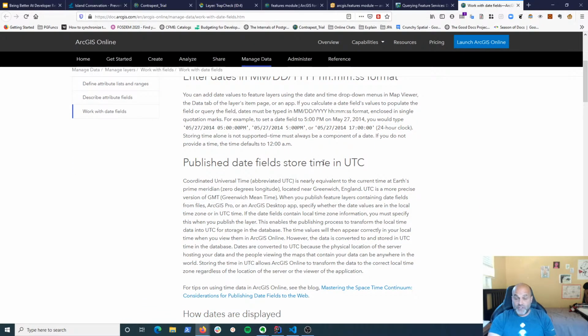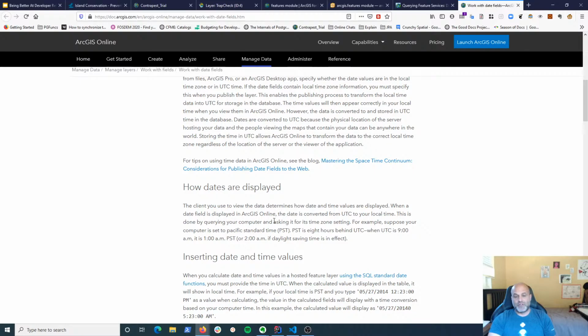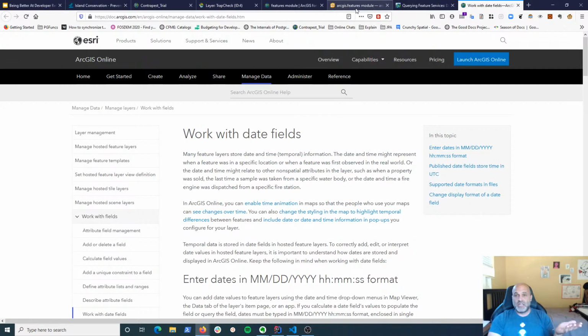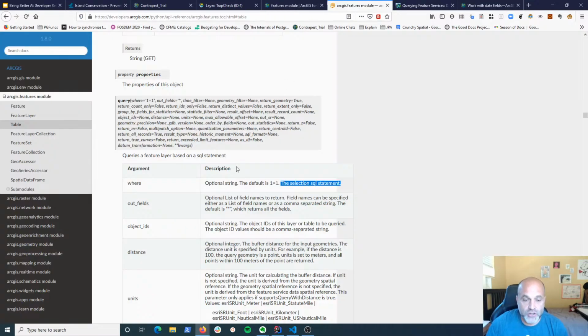Then it says, oh, the fields are stored in UTC time, and here's how they're displayed. It goes through all this stuff. It's nowhere in any of that Python SDK stuff or linked to. Again, here under this query, I think there should be a bunch of links about how we handle time, here's how we do a bunch of stuff so that people can figure out their SQL query.